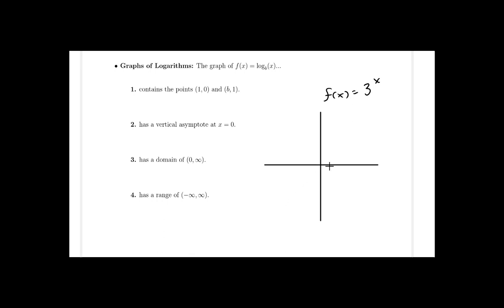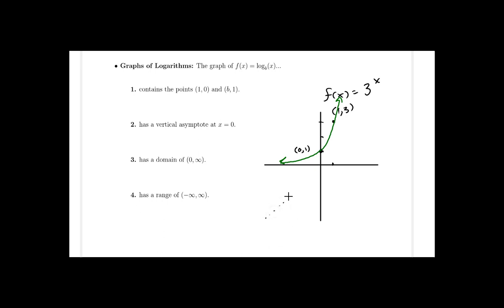And what I just want to make note of here is that we're going to remember that this function always goes through the point (0, 1), and it also goes through the point (1, 3). And let's see, we'll use a different color here, and then basically the function looks like this. Okay, and remembering that the logarithm is the inverse of an exponential, we know that these functions have to be